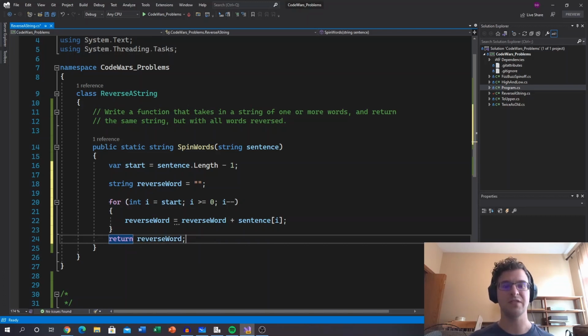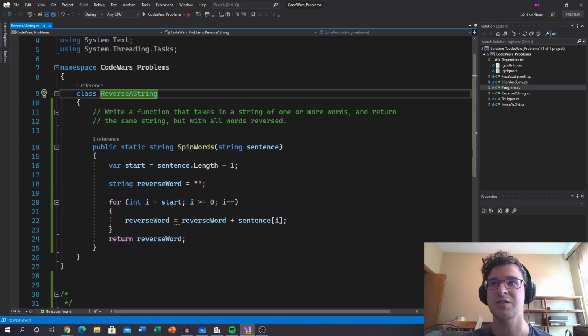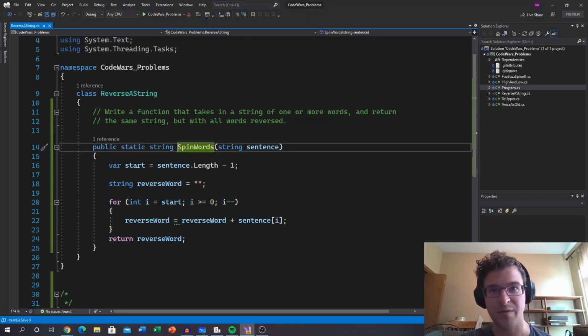And then all you have to do here is, so I made this in a class, right? I've been doing this with a lot of the Code Wars problems. I do this daily. It keeps me fresh. It keeps me actively thinking in code terms. I just make a class for each of the problems. This one is reverse a string. And then I make the method that solves the problem. And then in the main program,